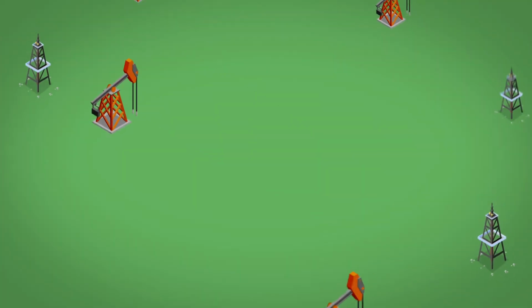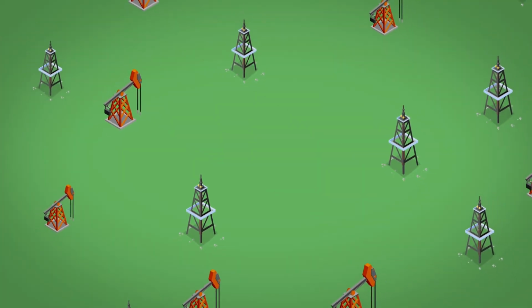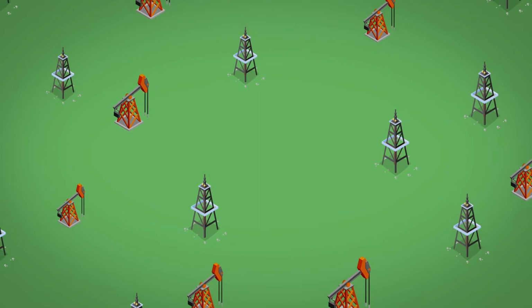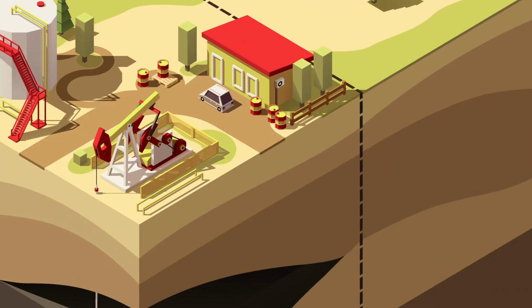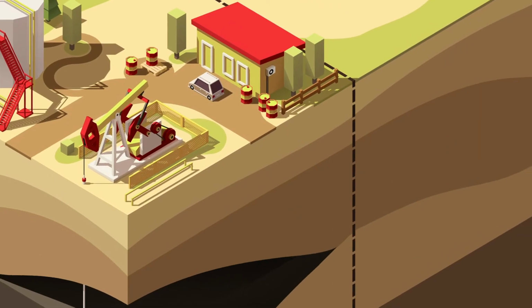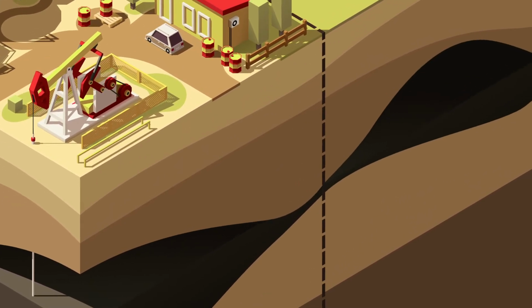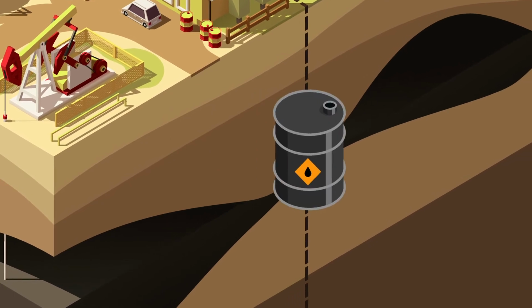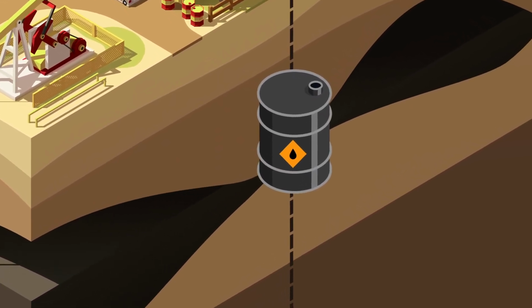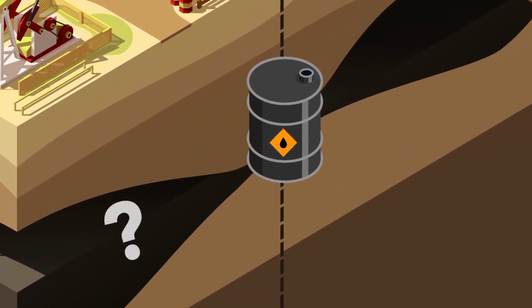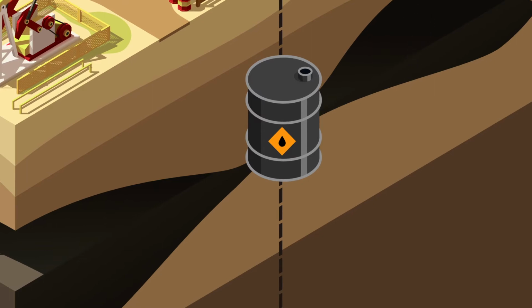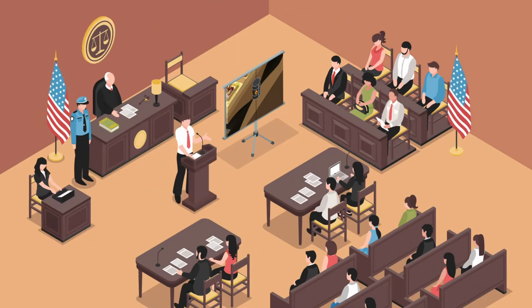The shortcomings of the ad coelum doctrine became apparent, however, with the growth of the oil and gas industry in the United States. Unlike solid minerals like gemstones and metals, petroleum deposits flow from one place to another. Once a well is drilled, it becomes impossible to determine whether a particular barrel of crude it extracted came from beneath the property hosting the well or the neighboring land. This has led to legal battles over the extent to which neighboring subsurface property owners can claim resources physically located